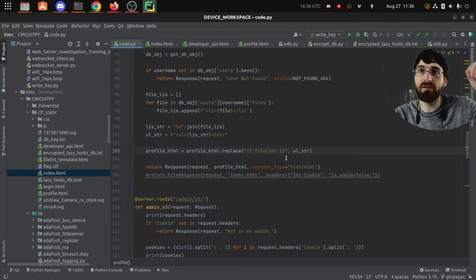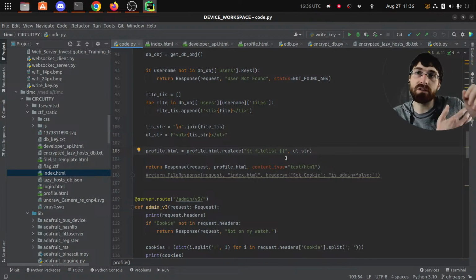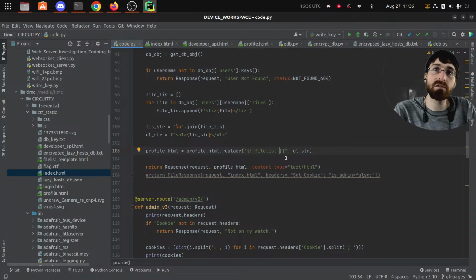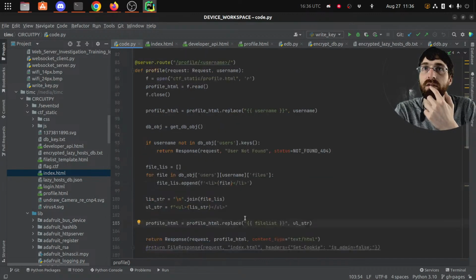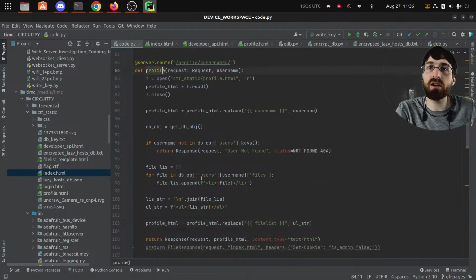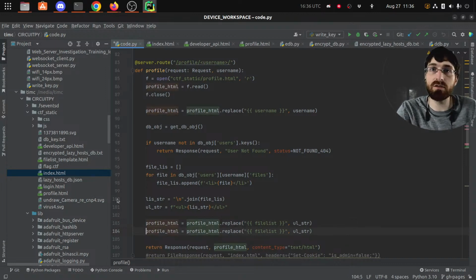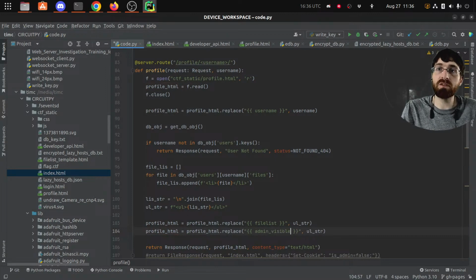Even if we didn't have full-on Jinja for loops and logic and all that stuff, I think it'd be cool maybe to have a super basic key value swap that was a little bit more forgiving with things like spaces. So on profile, when we do our replacements, which is convenient since we're already doing replacements, we're going to say this equals admin visible. We want to replace that with admin